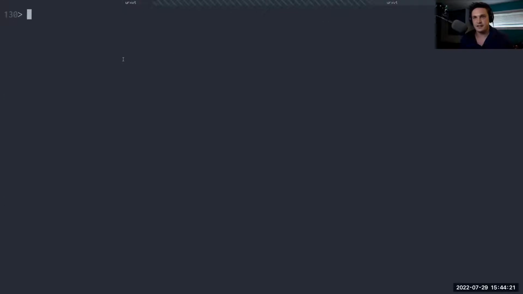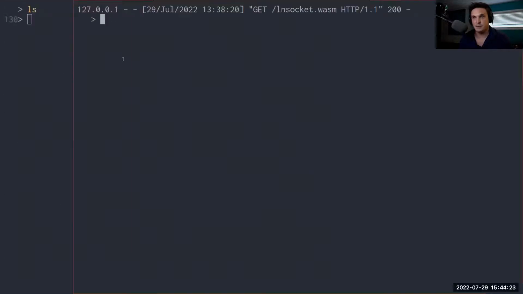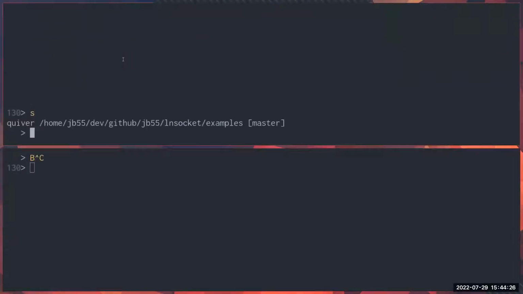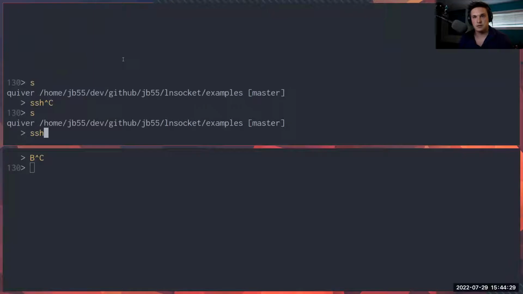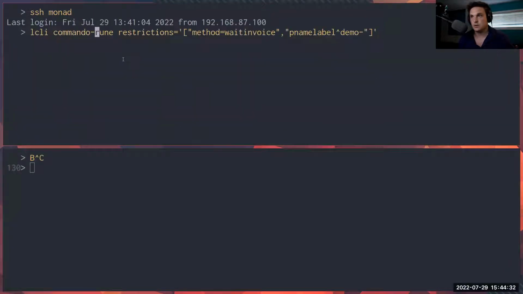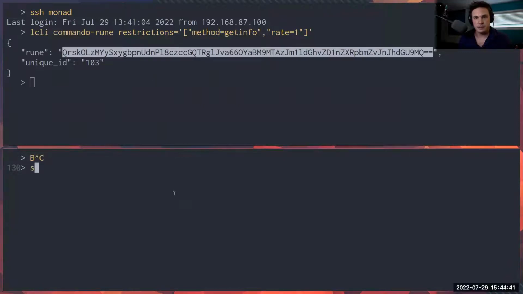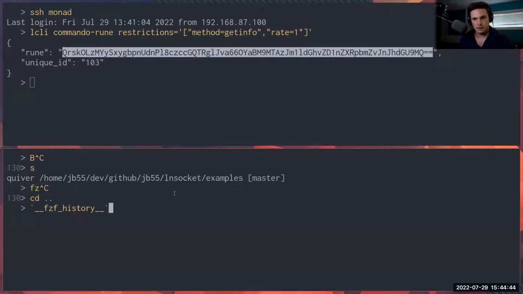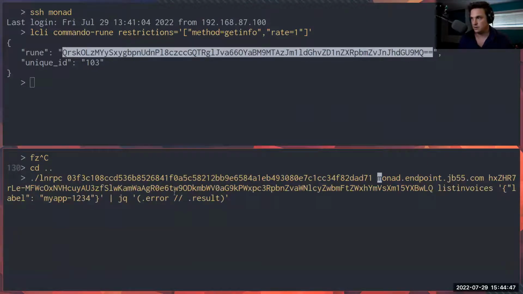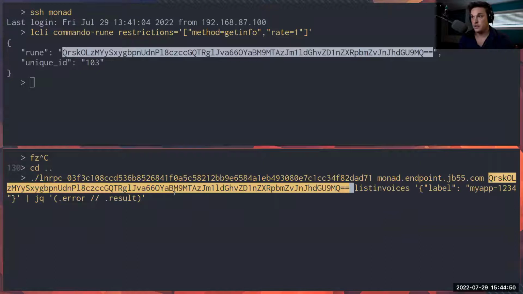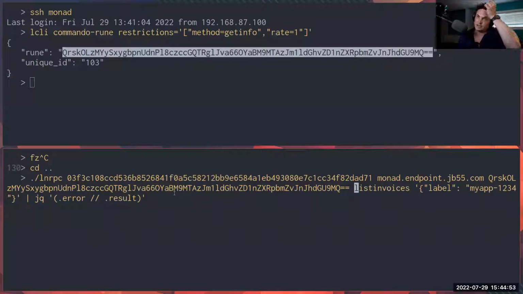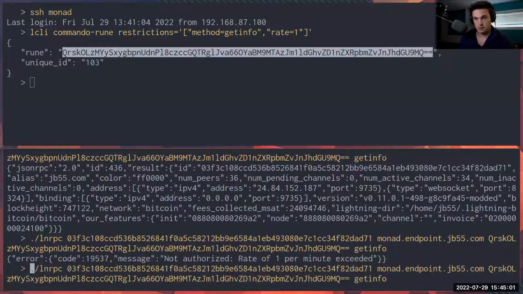It's a really good question, because I've never tested this and I kind of want to do that now. I want to try spamming my node. So let's try doing that. I'm going to create a new rune, getinfo, and I'm going to set the rate so you're only allowed to call this 1 time per second. So I'm going to go down here and call lnRPC on my node with that particular rune. What's interesting is that the rate limiting counter, I think, is per rune. So everyone who's trying to use this rune will get rate limited if it has a low rate. So let's just do